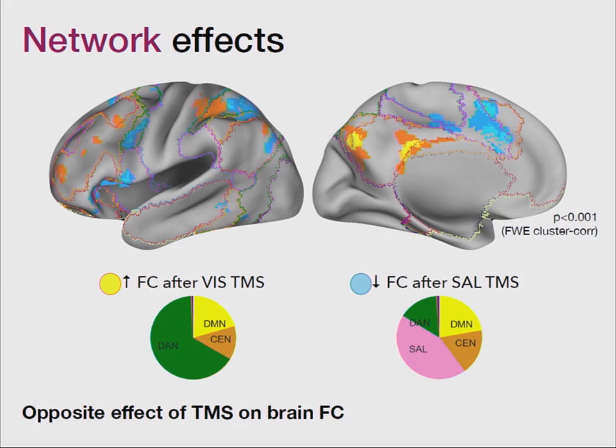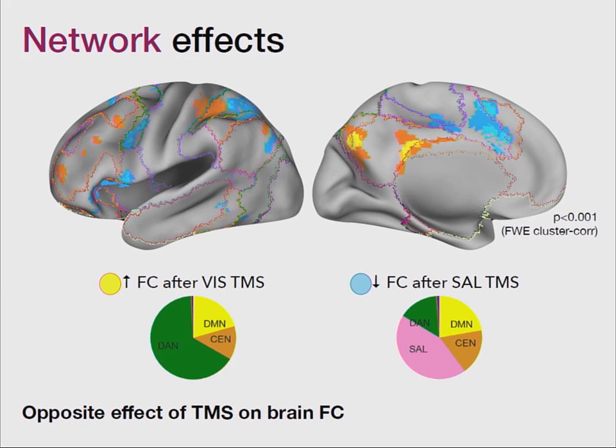Next, we evaluate the effects of TMS at the network functional connectivity level by computing the functional connectivity between the average time series of the stimulated networks and the rest of the brain. In this cortical representation, the yellow areas code an increase after the stimulation, whereas the blue areas code a decrease of that metric. For assistance, the pie charts represent the proportion of networks that were affected in the cortical representation. So, as you might have already seen,